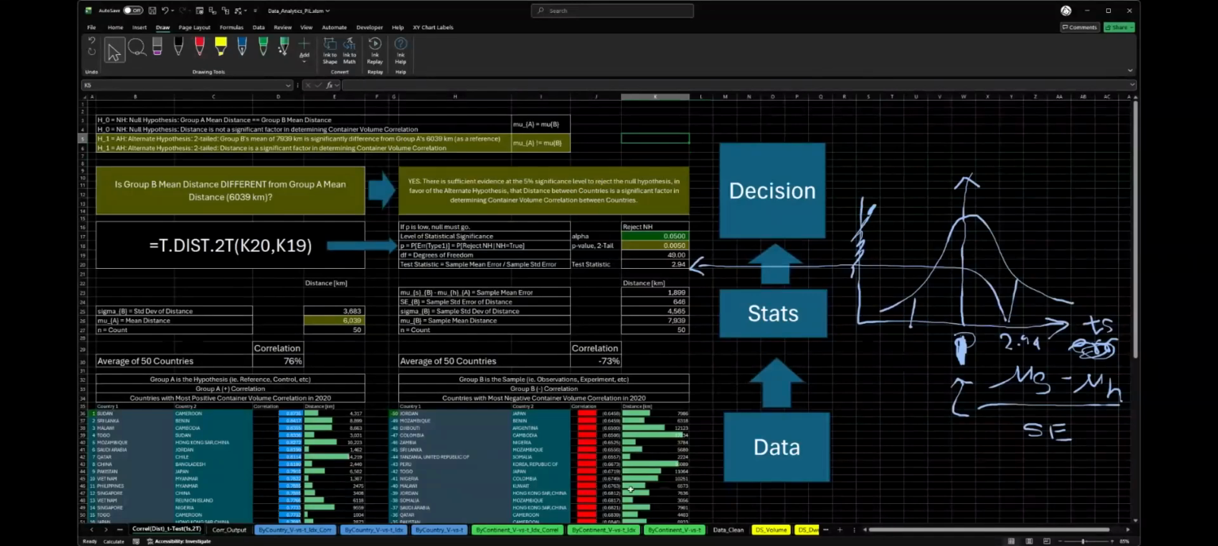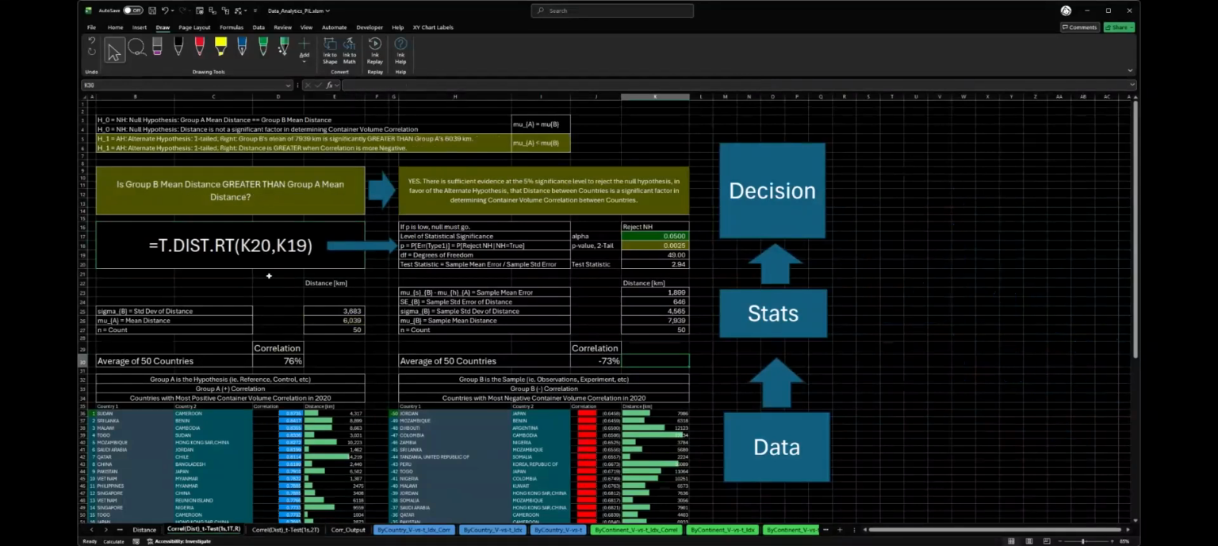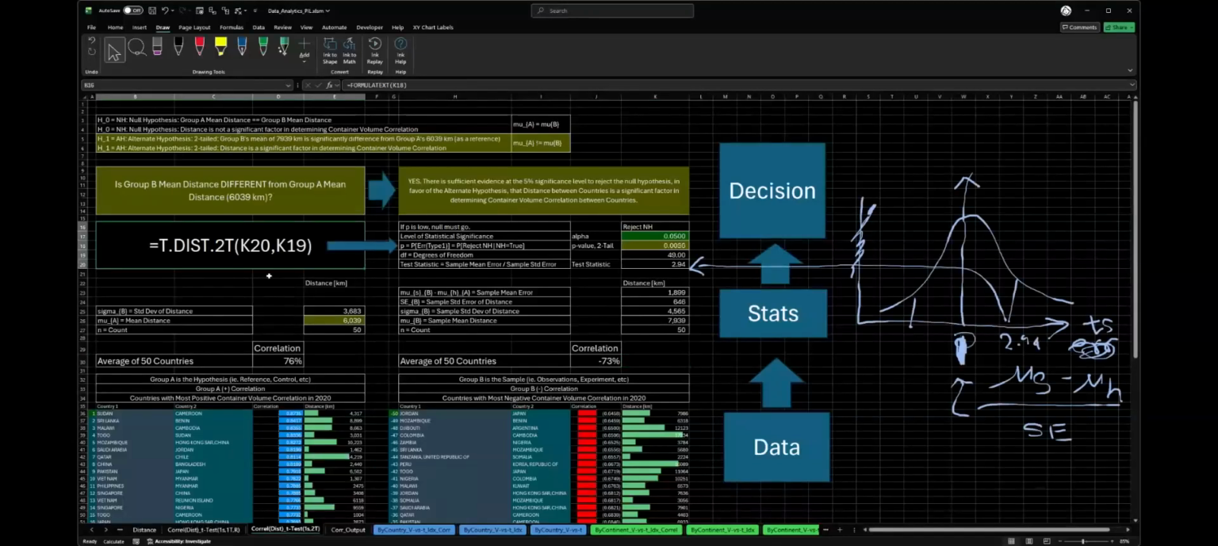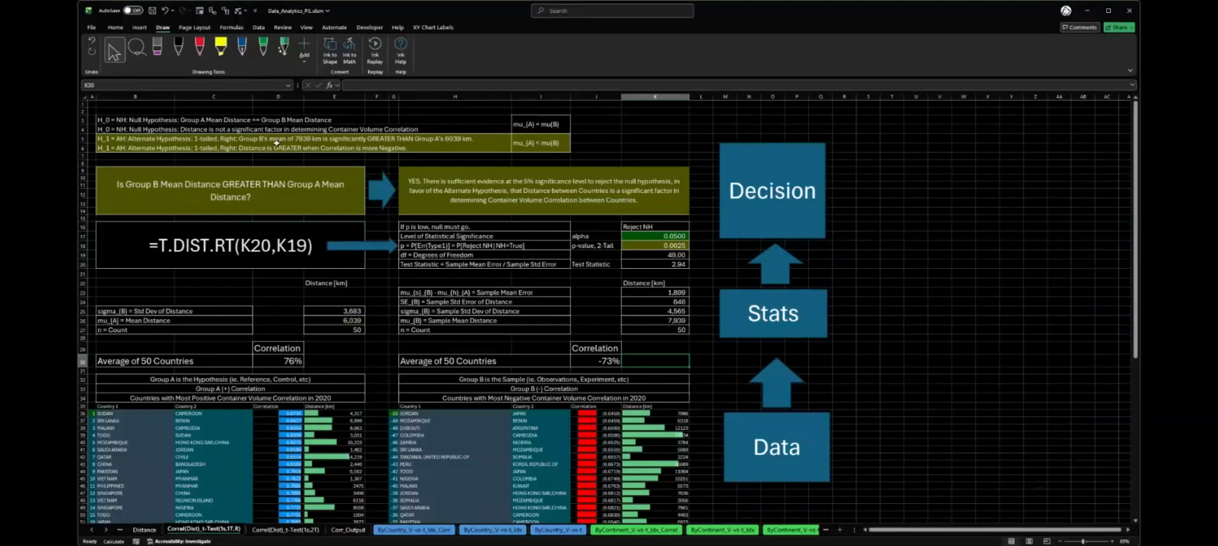Then we did the same thing after that. Instead of a two-tail test, we did a one tail. So I'm going to switch the tabs. With the two-tail, the formula is here, the T.DIST.2T. If I change to a one tail, it becomes T.DIST.RT, right tail. So for the right tail, the question we're asking here is